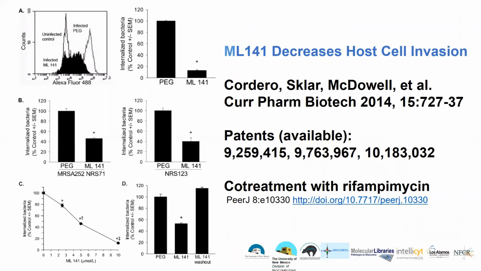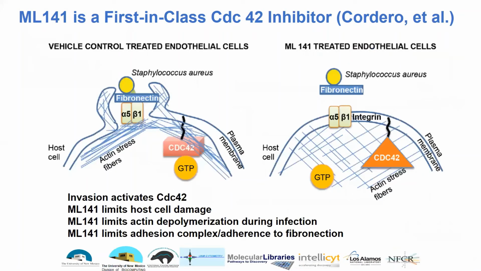The inhibition of host cell invasion by ML141 is dose-dependent and includes inhibition of uptake of methicillin-resistant strains of Staph aureus. Co-treatment with the antibiotic rifampicin with host-directed therapeutics also reduces intracellular Staph aureus infection. Further studies have shown that the mechanism is related to inhibition of actin depolymerization and adherence to fibronectin,